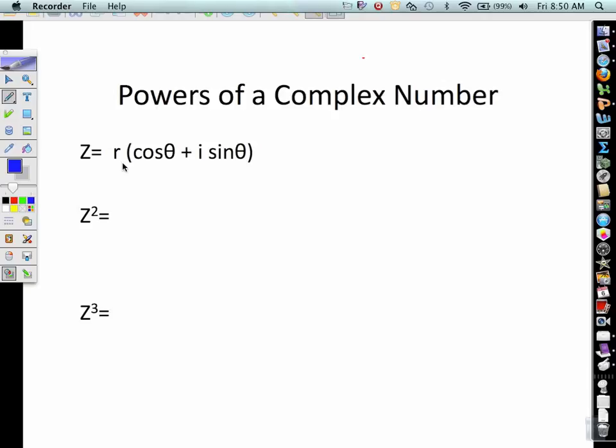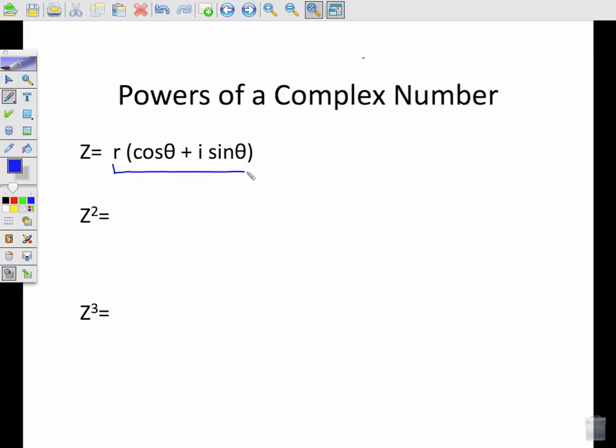So this is a complex number right here, and it's in trig form. So what we're going to do is multiply it by itself. So it's r squared times cosine theta plus i sine theta, squared. So taking that times itself is what we're going to get. Now we're going to have to FOIL this out. I've got r squared, and then if I FOIL this, I'm going to get cosine squared